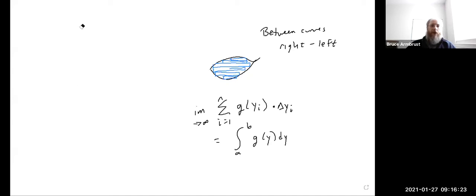And what it looked like was something like this. So we were looking at sort of a pizza slice kind of shape. This was our line and this was our parabola. When we did it vertically, like we were used to, it meant we had to do two different integrals. But if we look at it horizontally,